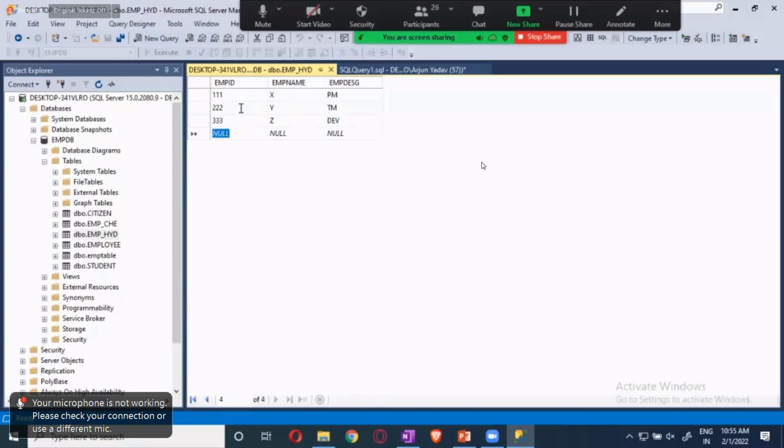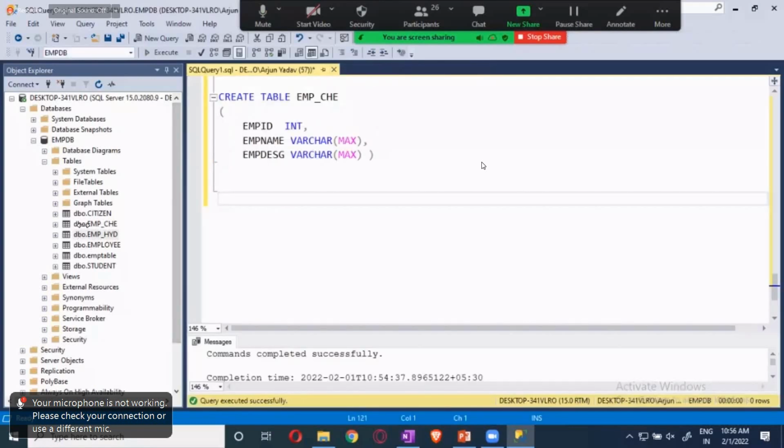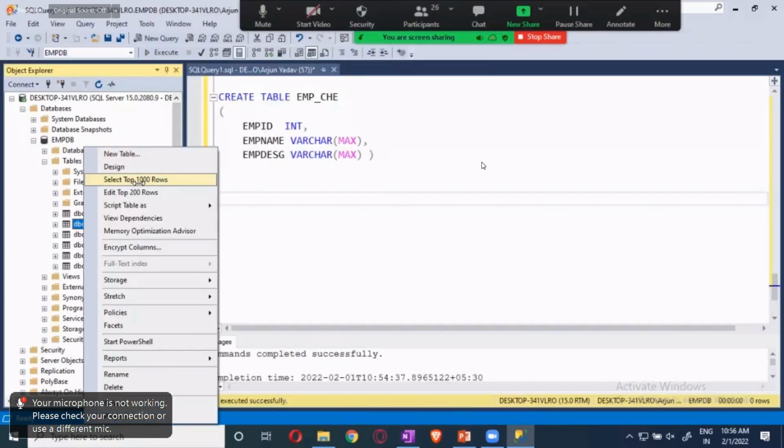Now I will give one more like 999. They are the common ones. I will give it as B, and they are from testing, testers. And one more again, 888. I will give it as D, DevOps. I inserted the data.